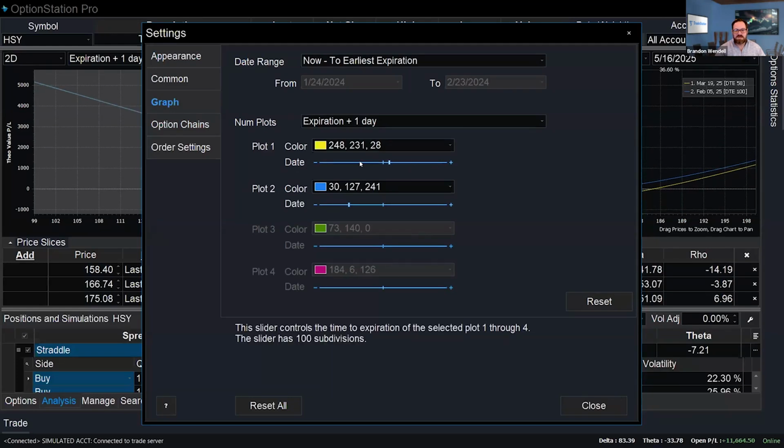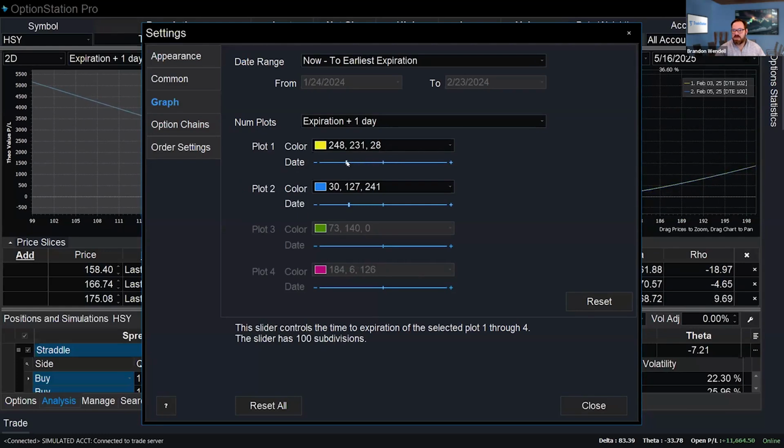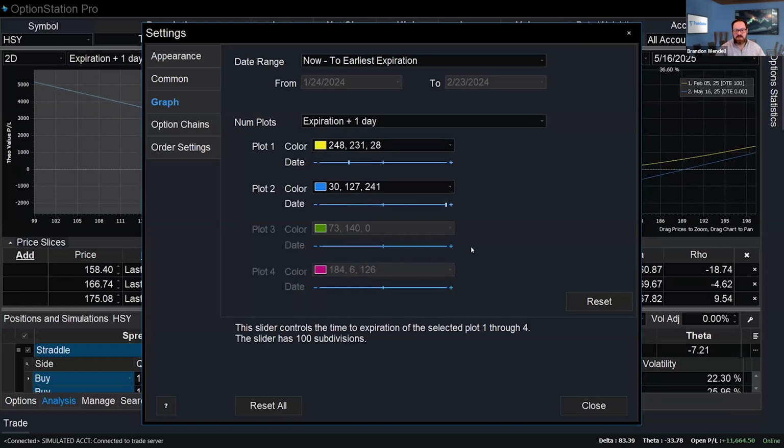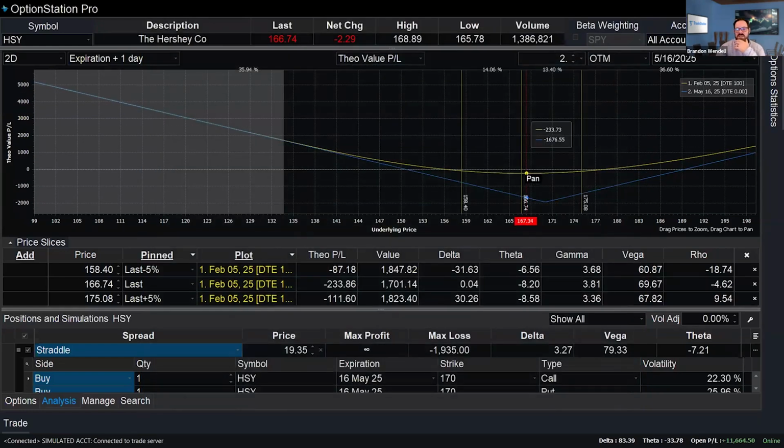And let's put them at the same. 100. Actually, no, I won't. I want to be able to compare them. There we go. So the yellow is the one I'm actually dealing with. And you can see that risk reward profile looks pretty good. Obviously, the more time decays, the deeper this goes, and I need a bigger move. But as of right now, because I'm going very far out in time, I'm kind of paying a deposit that I'll get back when I exit the position. So if I want to put on this position, I simply place it. Let's see, 1935. It won't place right now. I'd have to place it for the morning.